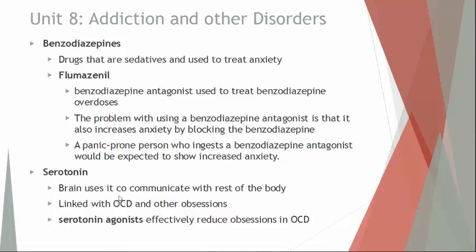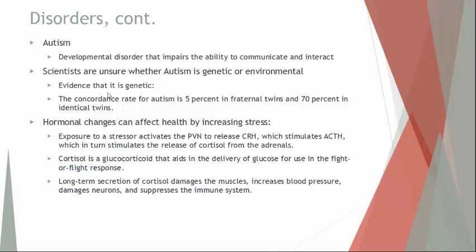Now this term, agonist, is the opposite of antagonist. An agonist will enhance the effect of that neurotransmitter or of that compound by binding to receptors and acting as if it were serotonin, even though it's not. So if someone has a decreased level of serotonin, if they were given a serotonin agonist, it will mimic the effects of serotonin in a way to help increase the levels of serotonin and to help negate the effects of OCD. So antagonists will nullify or negate the impact of a compound or a neurotransmitter, and agonist will increase its effect.